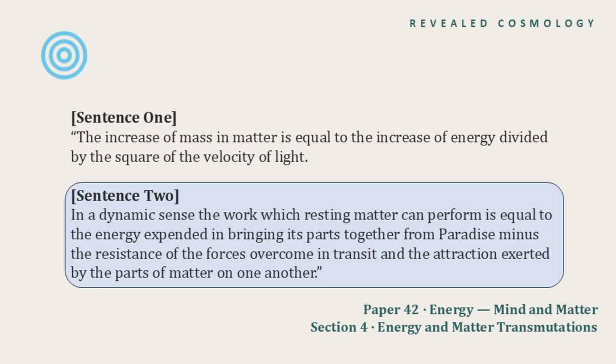Some may read this passage as a confirmation of Einstein's equation. That reading is partly accurate and partly incomplete. The first sentence does touch the same territory as Einstein in different form. The second sentence moves into territory that Einstein's equation does not address at all. The two sentences together do something Einstein's equation does not attempt.